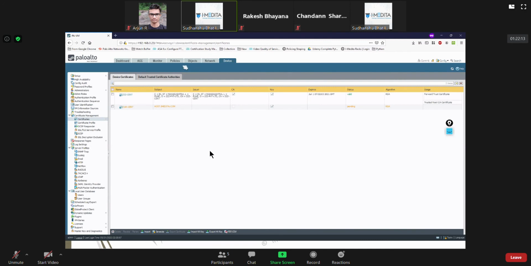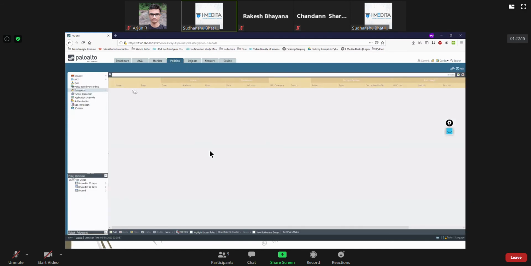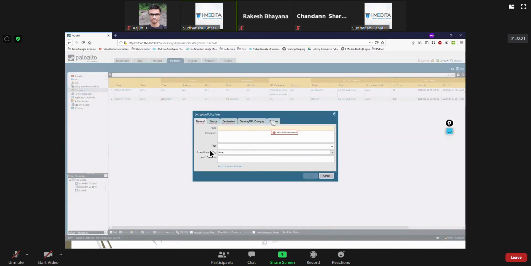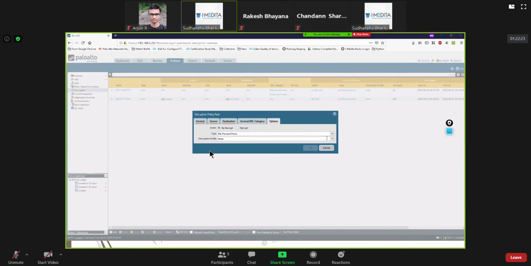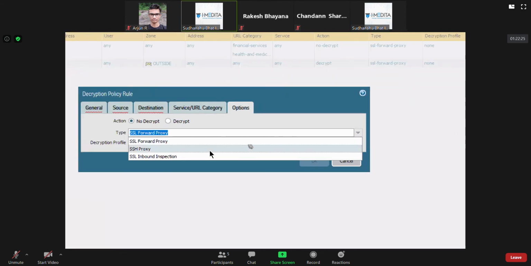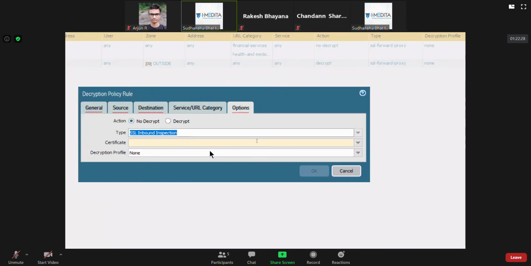Once you have imported it, you again go to the decryption policy. And here, when you add this, the only difference would be that instead of SSL forward proxy, you are going to select SSL inbound inspection. Whatever certificate you have uploaded, you will bind that certificate and mention it here.